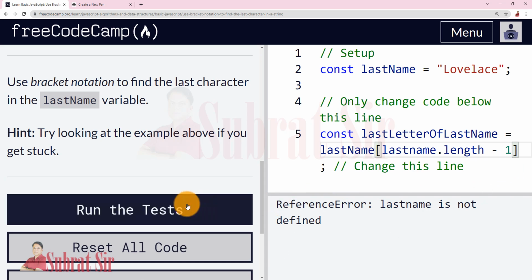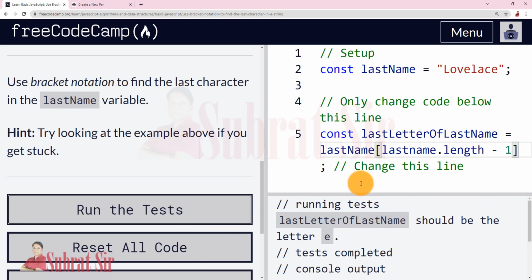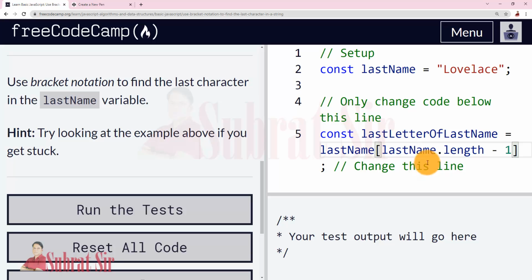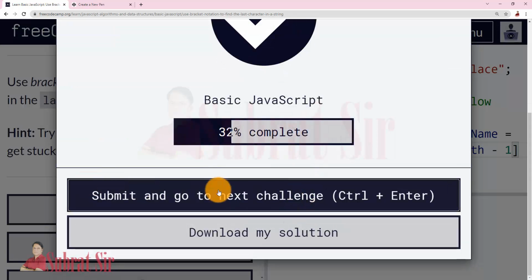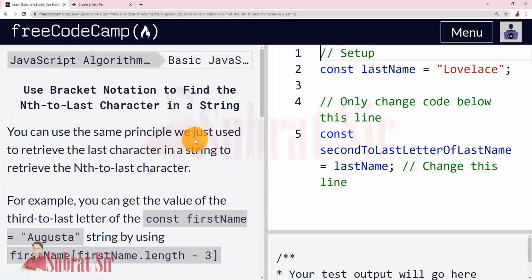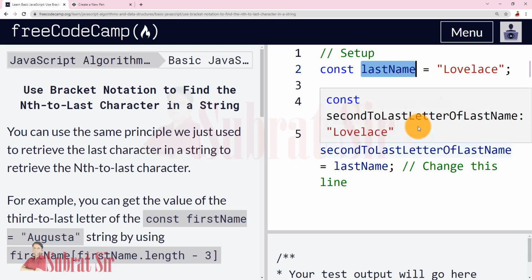Let us see. Yes, this N is capital. I wrote small here, that's why it is not taking. Because we know that JavaScript is a case sensitive language, so capital letter and small letter have different meanings. So if your variable name uses camel case, then you have to write in camel case.